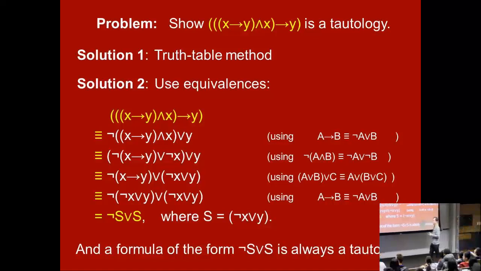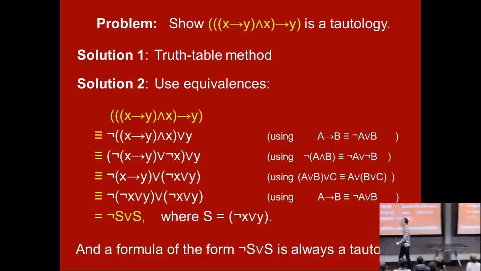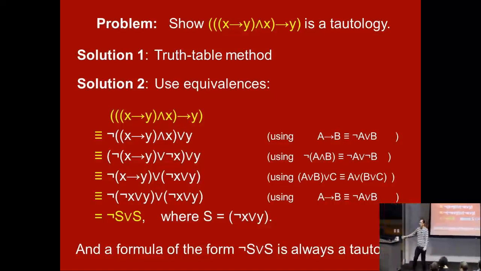Yeah? Do there exist efficient ways to determine if 2 formulas are equivalent? That's a good question. It's pretty much the same problem as determining if a formula is satisfiable or not. In fact, you can think about why that's the case. If I want to know if a formula is, let's say, a tautology, I could write down that formula if and only if x or not x, some other tautology. And so then they'd be equivalent if and only if the first one was a tautology.